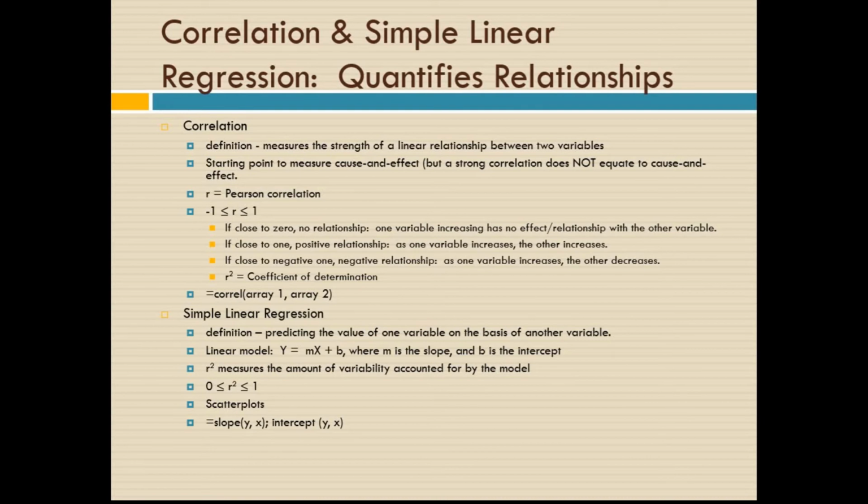So correlation is the starting point, and then as we move more into cause and effect and start developing theories, and theory is something where you look in the literature and talk to experts, there has to be some type of temporal relationship. All I mean by that is that if you're going to say something causes something else, the cause has to happen before the effect. Otherwise, it couldn't happen, even if there is a strong relationship.